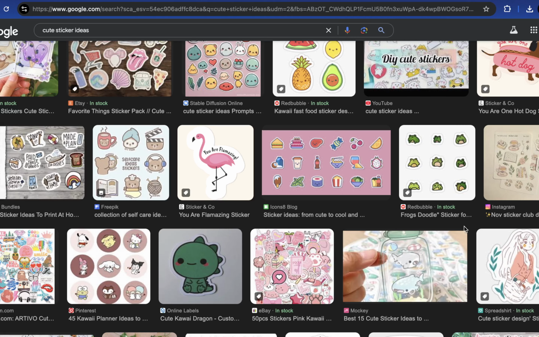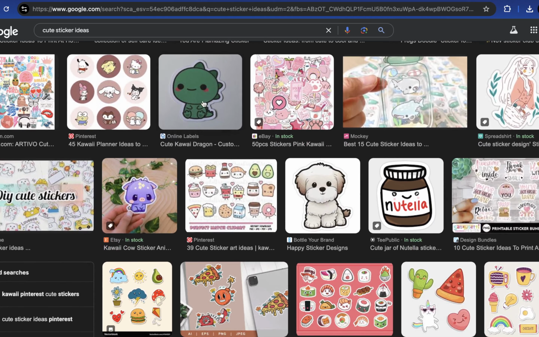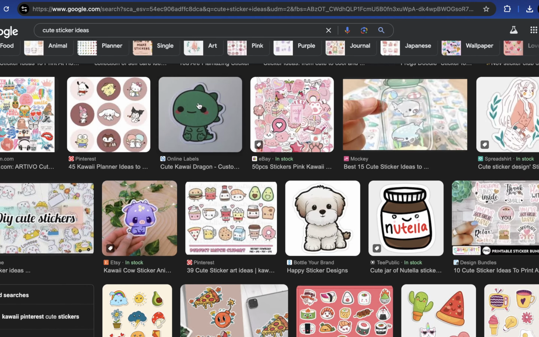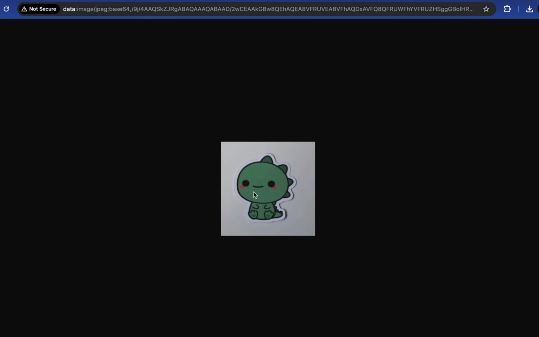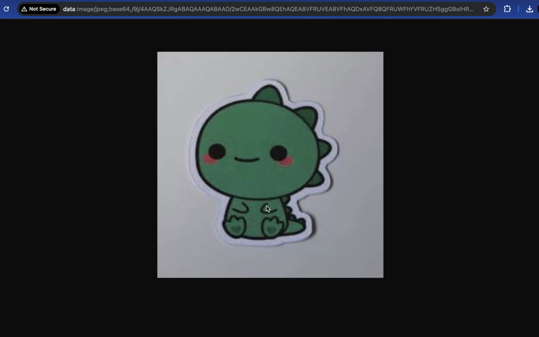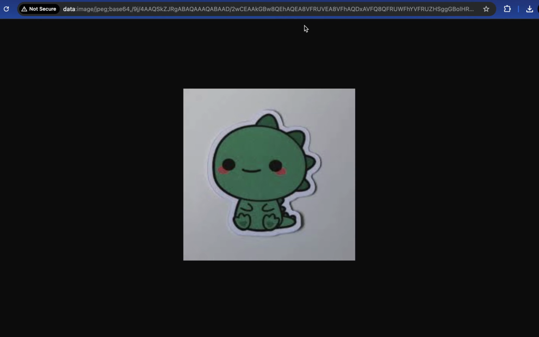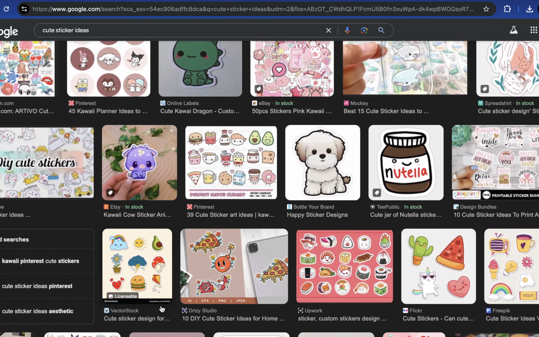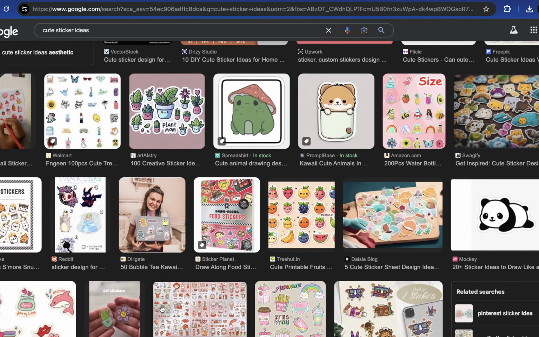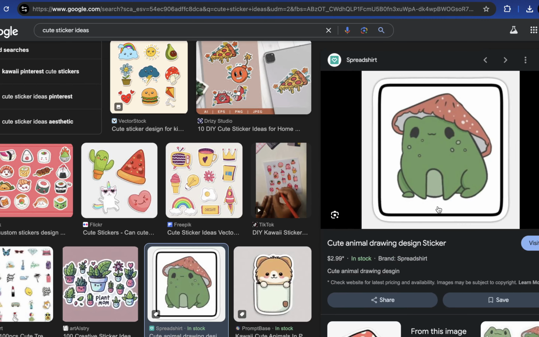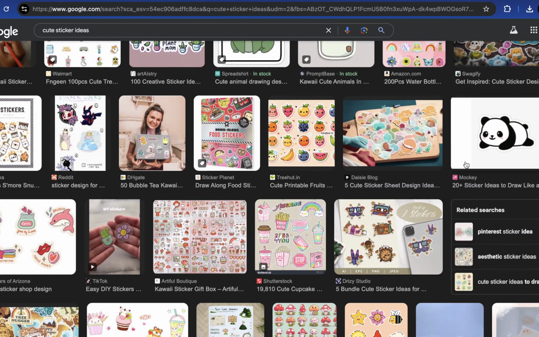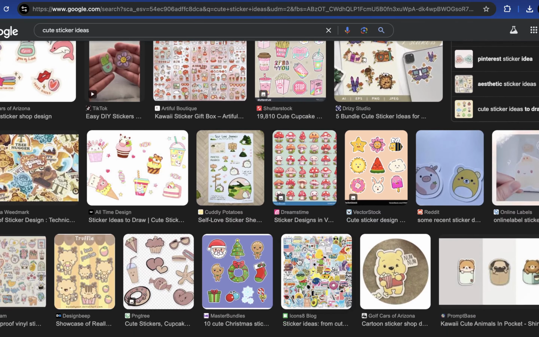So we can look at just the images, like maybe you like this dinosaur and you can save this image, right click, you can open image in a new tab and you can take a look at it. You can zoom. Okay, this one is a little bit granular, a little bit small, 225 by 225 pixels I saw there. And then you can continue to scroll through. Maybe you like this frog with a mushroom cap, which is very cute. This one is available for purchase, but in some cases, these are free downloads that you can go ahead and